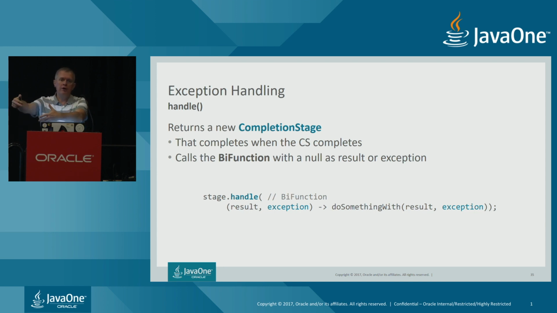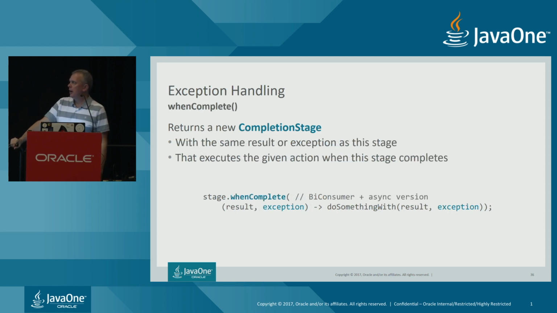For instance, if I do not have the forecast and I can live with no information on the forecast, I can just call the set forecast with a null object. I could decide to do that. And I also have a whenComplete method that instead of a BiFunction takes a BiConsumer that will not return anything, and that is another way of handling exceptions. So in fact, I've got 3 ways of handling exceptions with the CompletionStage API.